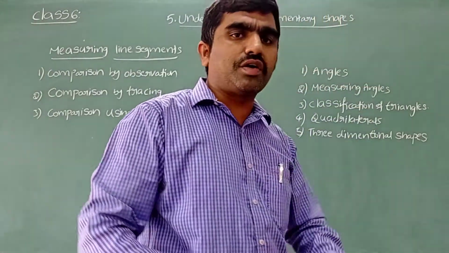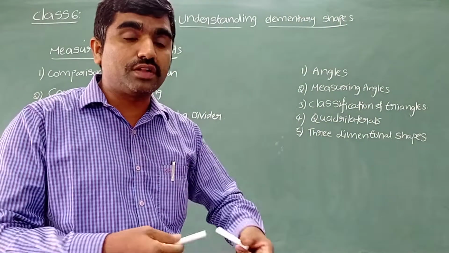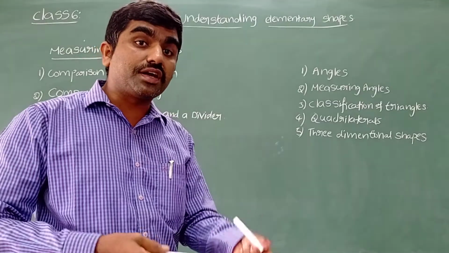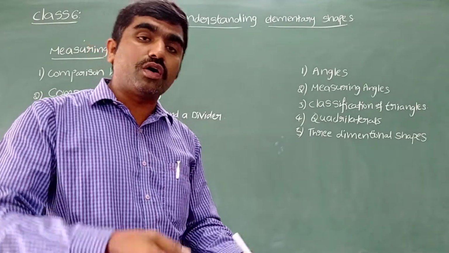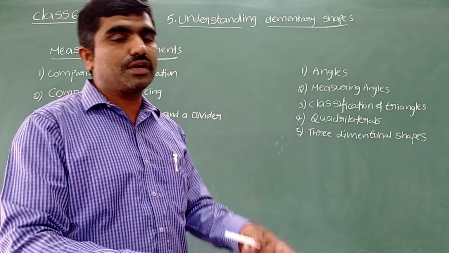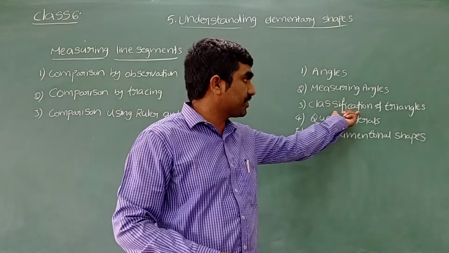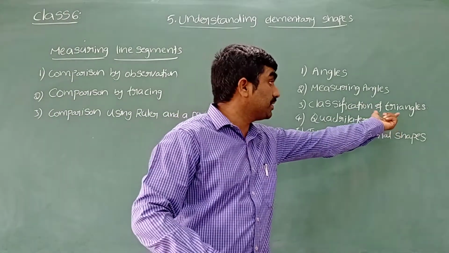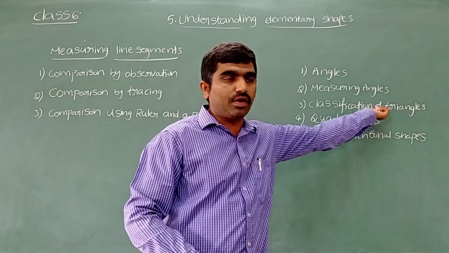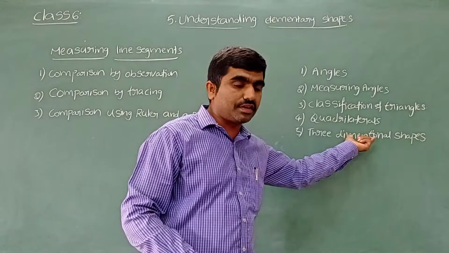See, we have different classifications based on the sides: if all three sides are equal, three sides are different, two sides are equal, or based on angles. We have classifications in triangles. What is meant by triangle? A three-sided polygon. Next we will see quadrilaterals.